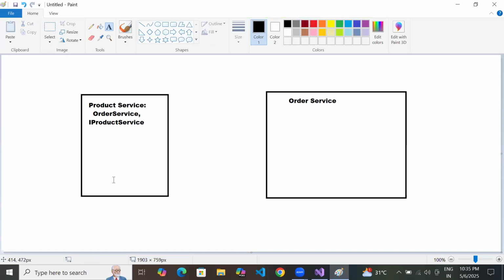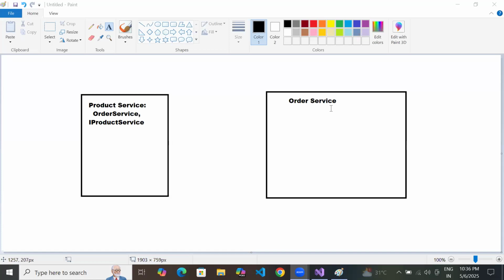Which one am I creating the object for? You are creating an object for the product service and passing the reference to the iProduct service. So what object am I holding, the iProduct service object or the main product service object?